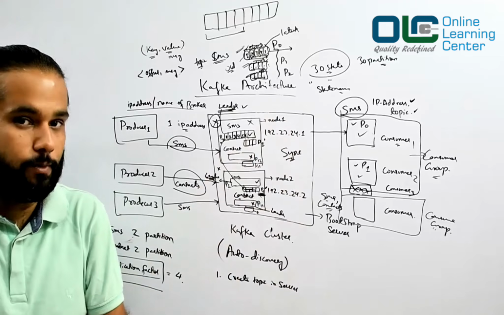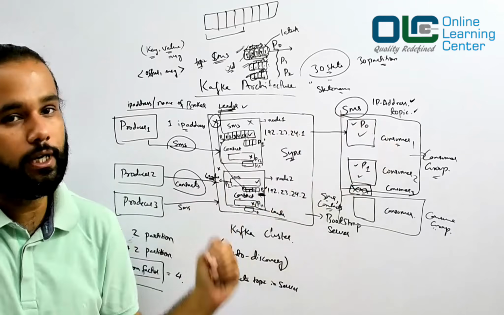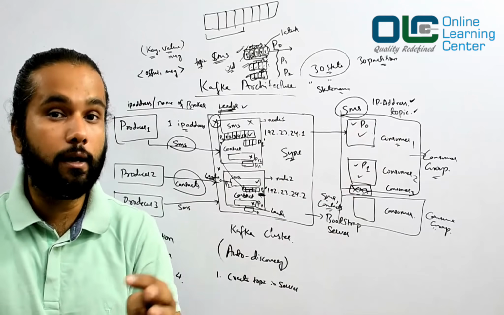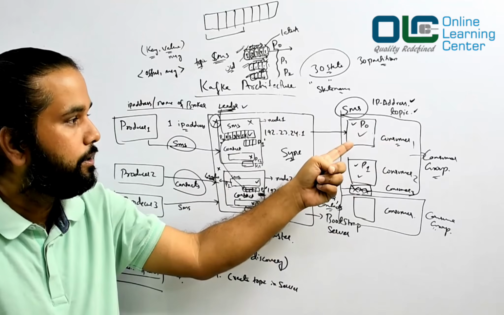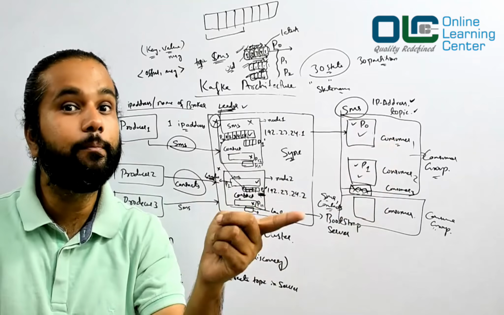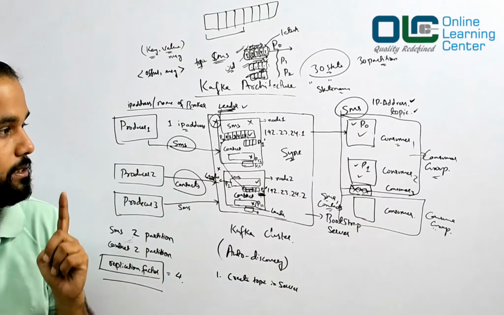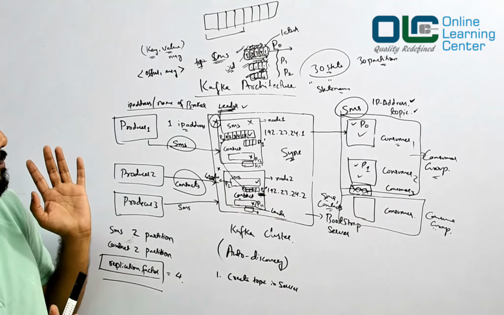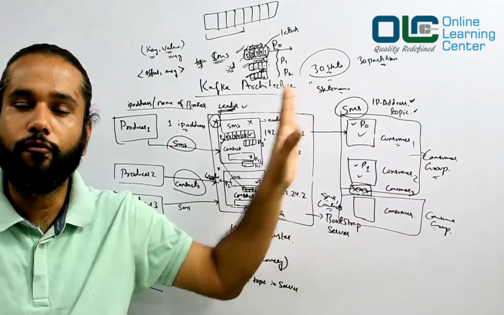If you put them in a consumer group, then they are meant to consume the data from a specific topic, and all these consumers would take up one or other partitions, and no two consumers would be reading the same partition. Okay, so understand this. This is very, very important to understand. Okay, so at a very high level, I would say this is the architecture of your Kafka.